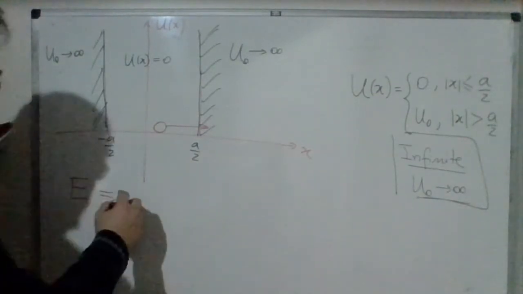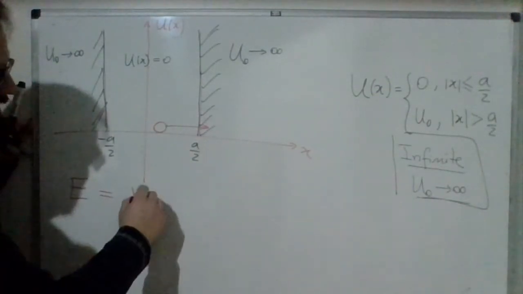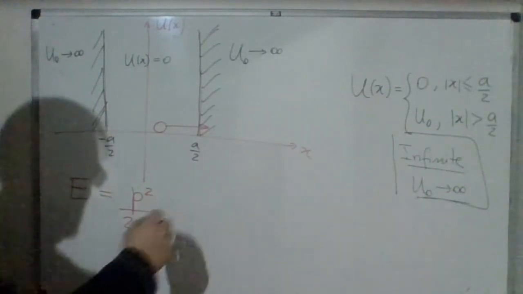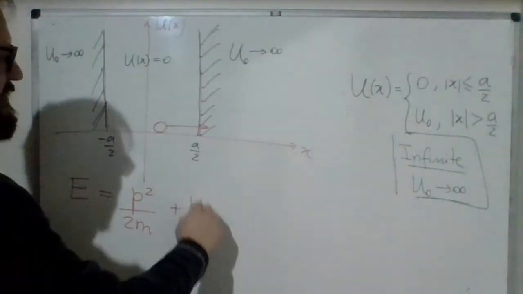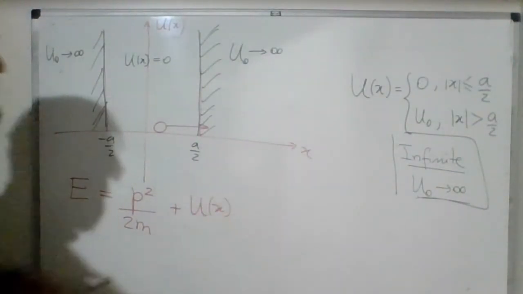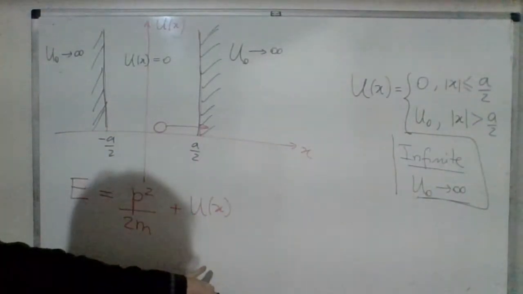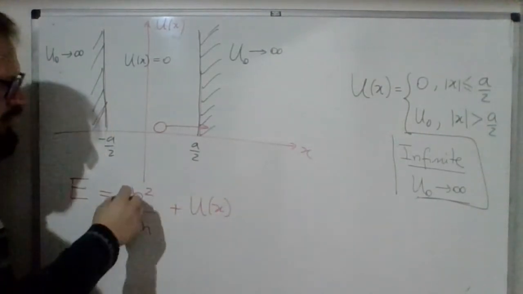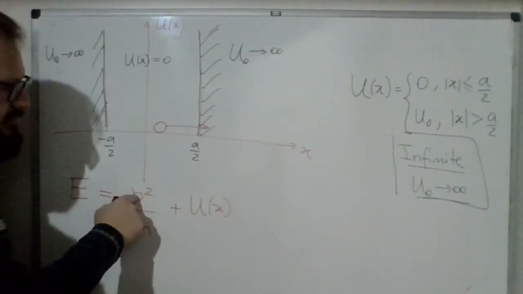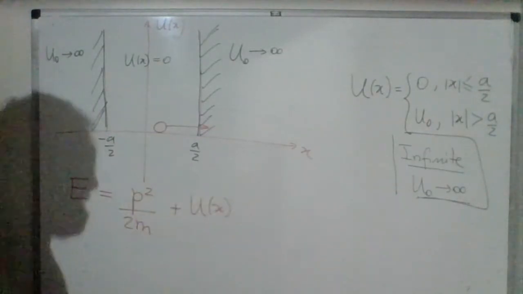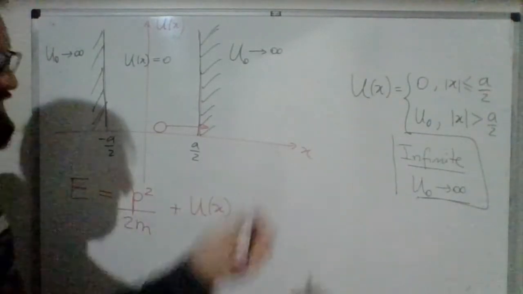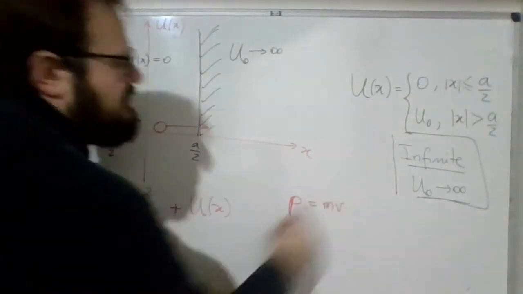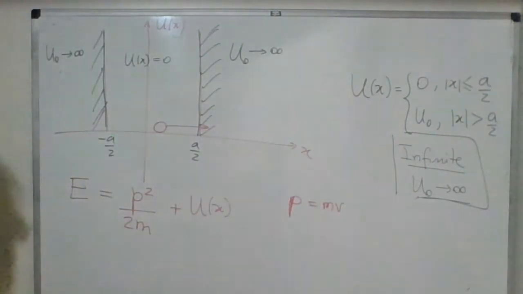I hope so. So you have p squared divided by twice the mass of the particle plus the potential energy, which is a function of x. This will be our Hamiltonian, and when quantizing this problem, we will replace the values of momentum by an operator, of course. But in classical physics, you can remember momentum is mass times the velocity of the particle,